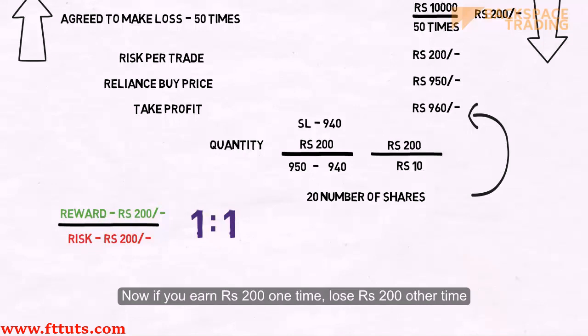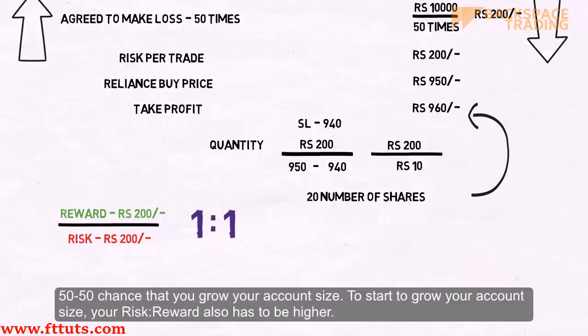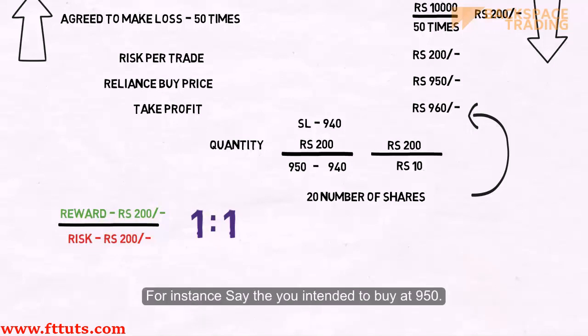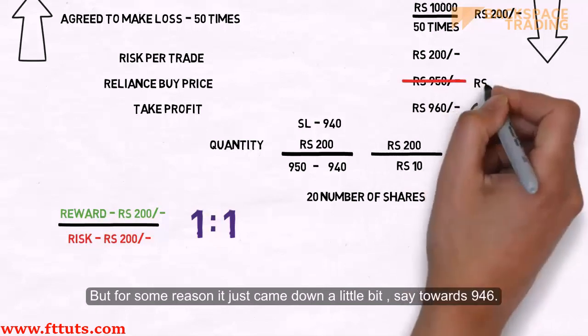Now if you earn rupees 200 one time and lose 200 another time, at the end you are still where you started. So in other words, with a risk reward ratio of 1:1, it is just a 50-50 chance that you will grow your account size. To start to grow your account size, your risk reward also has to be higher. For instance, say you are bullish, you want to buy, okay, you know it will go towards 960 and your SL is 940. So say for instance